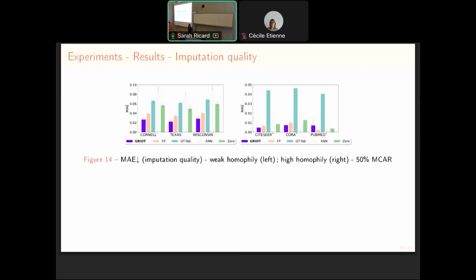So feature propagation, you can see it as, let's say I have the same age as you, but we are not connected in the graph. Let's imagine that I didn't give my age, but your profile is very similar to mine. Like we have the same job, we work at the same place, and we have the same age. I didn't give my age, but you want to recover it. If we are very far away in the graph, there is no chance that your age gets propagated to mine using feature propagation. Whereas if we are using GRIOT, for example,